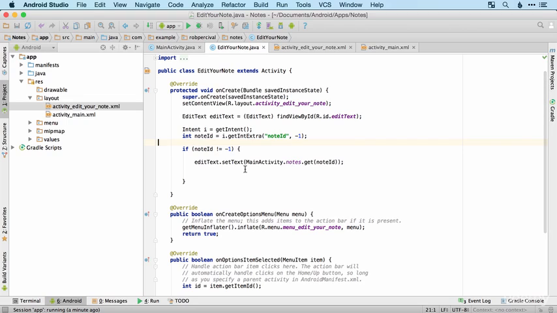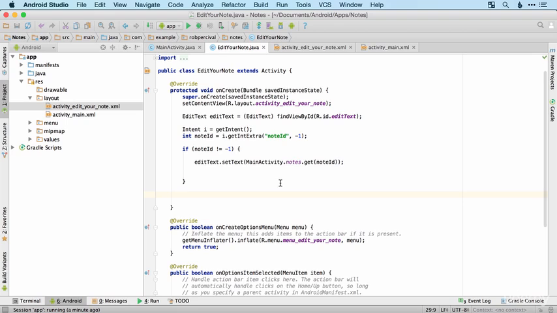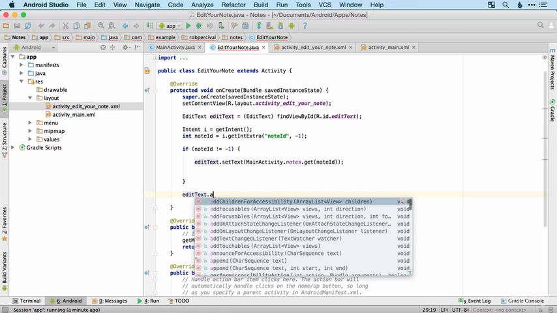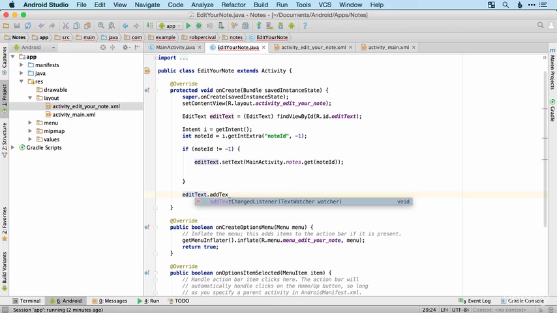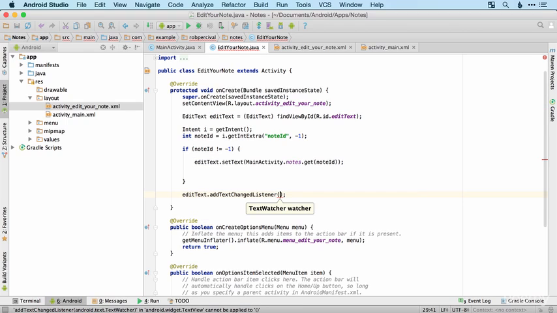So over in EditYourNote.java, we'll do this here, just after we've updated the content. So editText.addTextChangedListener, and then the watcher is just the app context, so this. And that requires